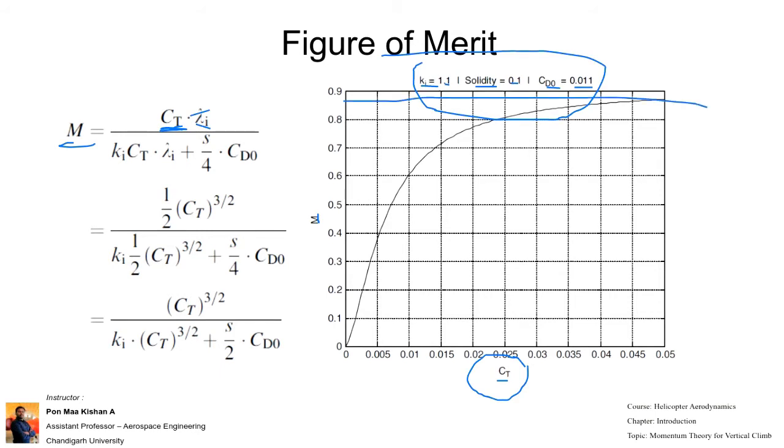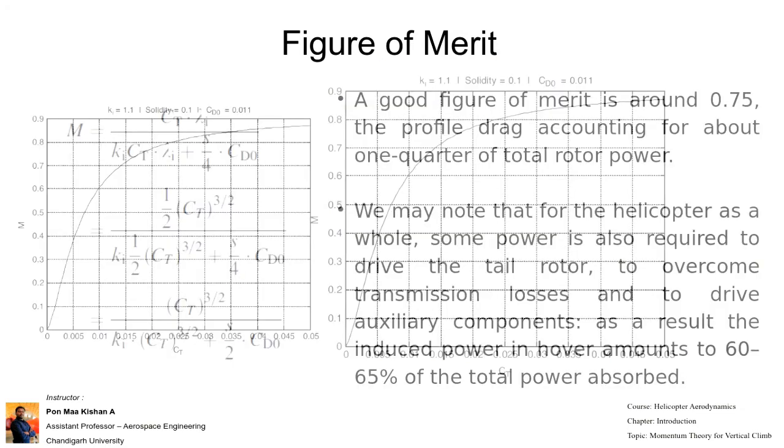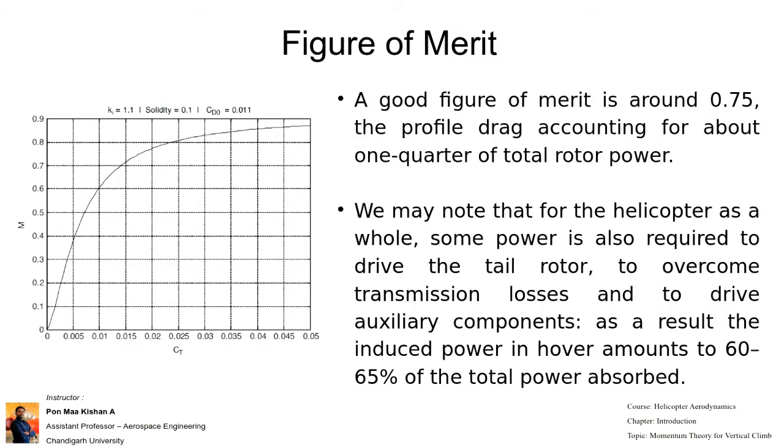Finally, we can give the statement that whichever rotor system, in drones or in wind turbines, wherever a rotor system is there, if it has a figure of merit above or around 0.75, then we can say it is a good, efficient propeller or rotor for a particular helicopter to provide thrust. So that is why we have to choose the efficiency, the figure of merit, around 0.75. It has to be 0.75.